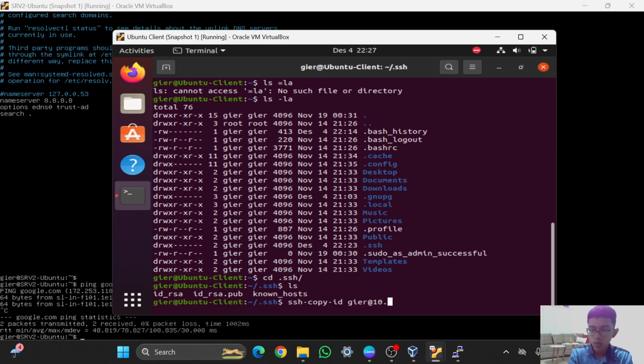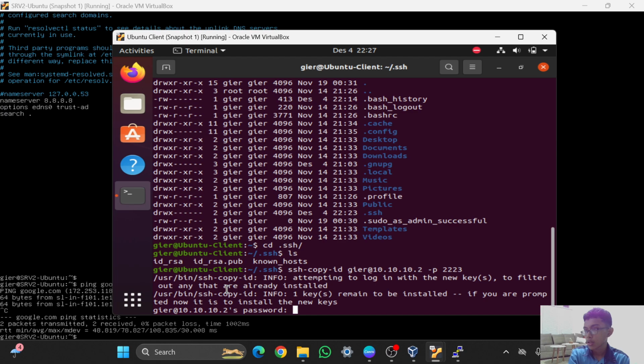The IP of the server 1 is this, and then don't forget the port, which is this one, the port of the server one, and I can just enter it.